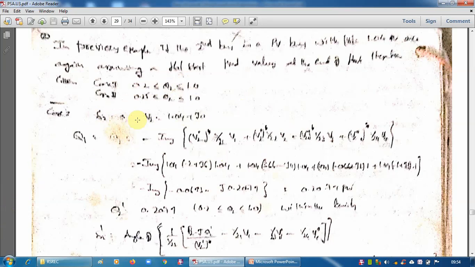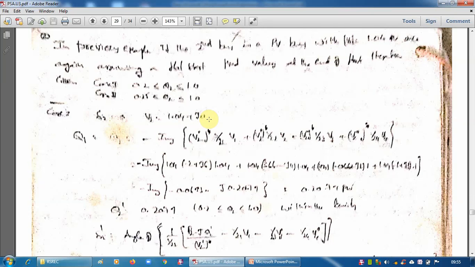For this generator bus, second bus, let delta 2 equal to 0. This is not given. We have to assume an initial value, like 1 plus j0 means angle is 0. So for this also, delta 2, the bus voltage angle of second bus, is 0, and bus voltage magnitude is now 1.04. As magnitude is given as 1.04 and angle is assumed by us as 0, now total V2 in complex form is equal to 1.04 plus j0. So that is the voltage of the second bus.